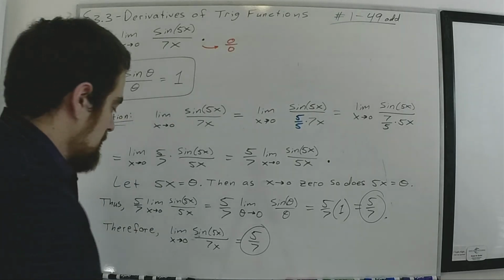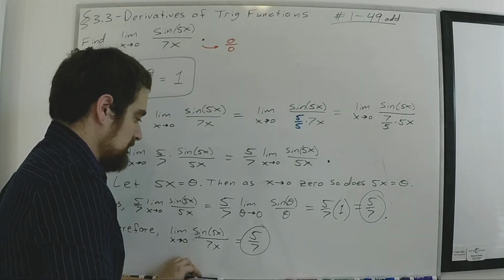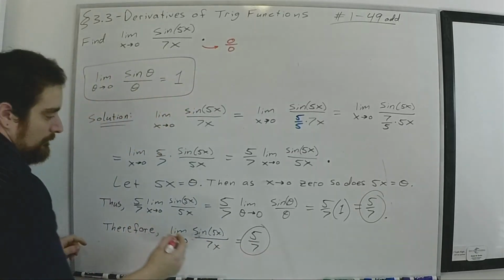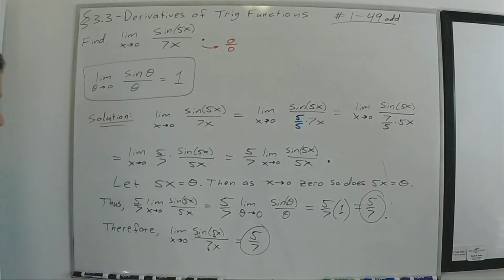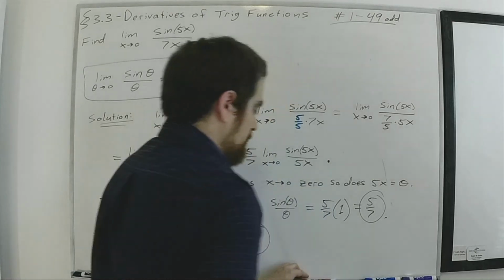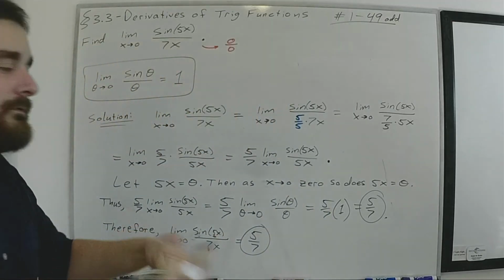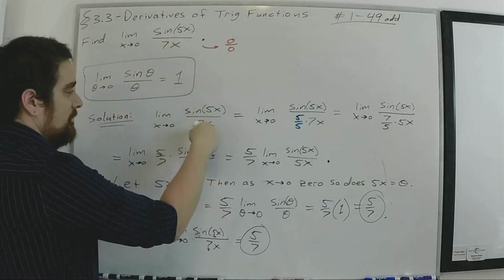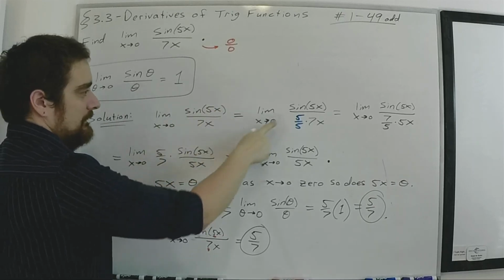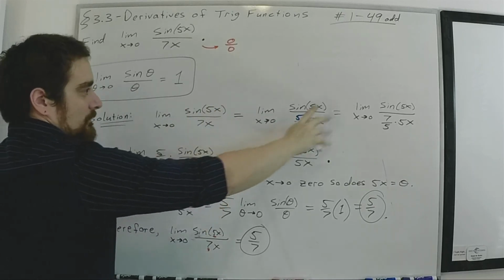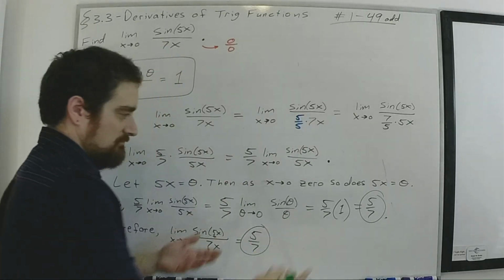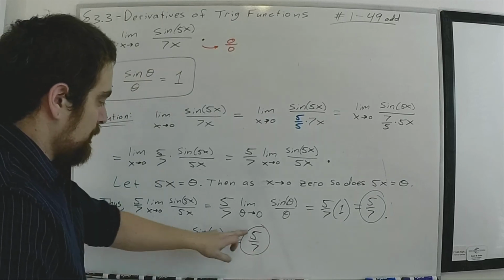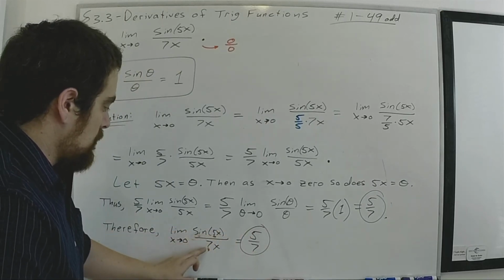And what this actually does is it brings up something nice. You can recognize the pattern pretty quickly. There's 5 in the argument and 7 in the denominator, and I get 5/7 as the limit. So we can actually go a little further. It might take some showing by replacing 5 with the letter A and 7 with the letter B, and then multiplying by A over A and doing it in terms of a more general A and B situation. In fact, give that a try if you want, and you'll prove that the limit of sine of AX over BX is